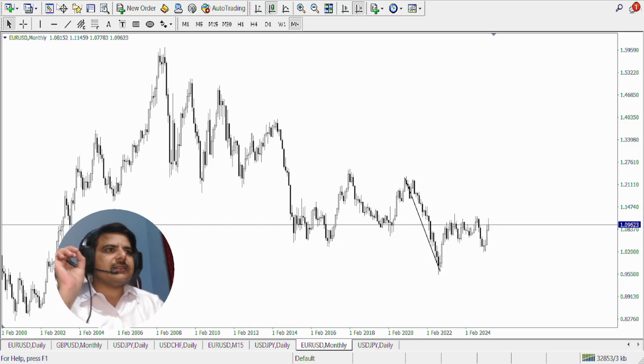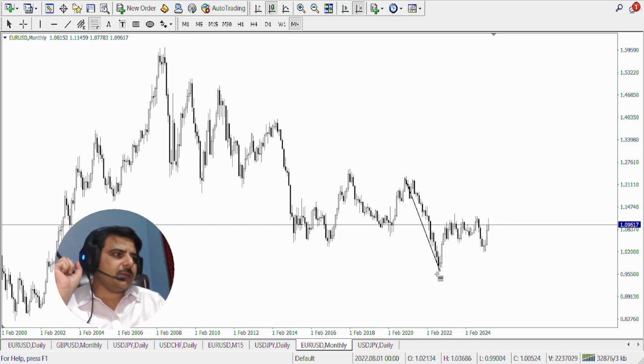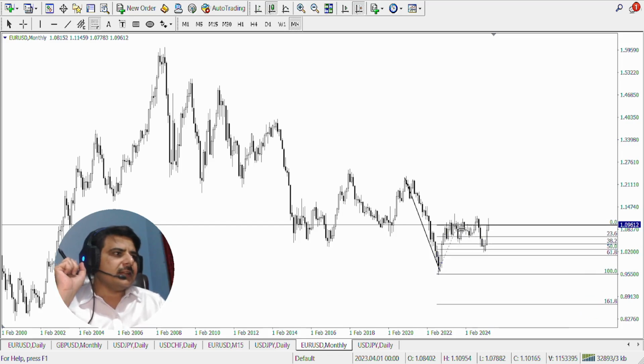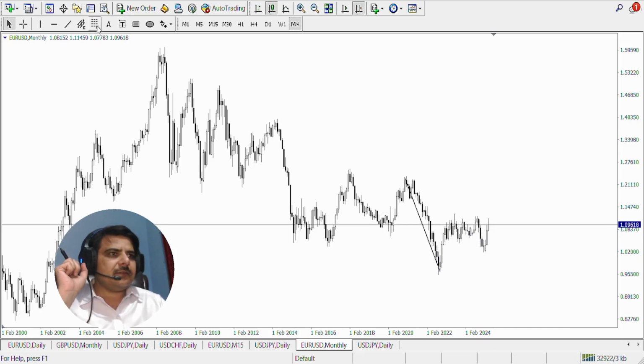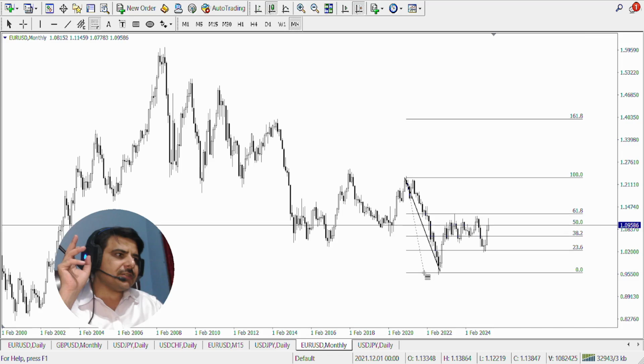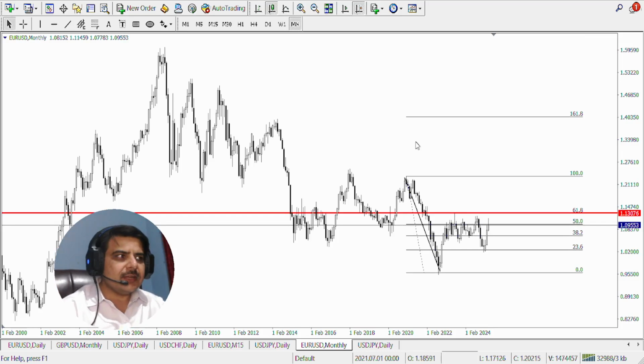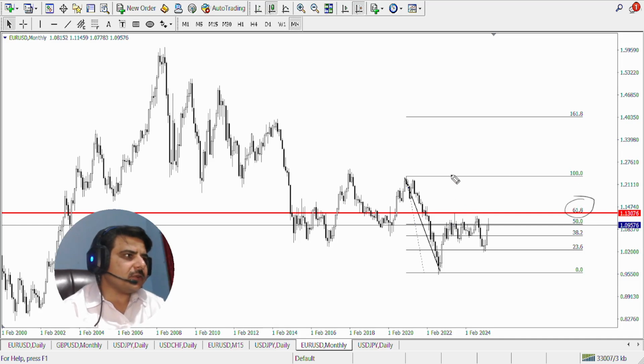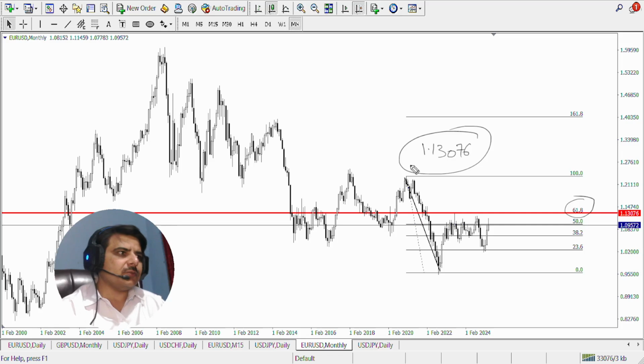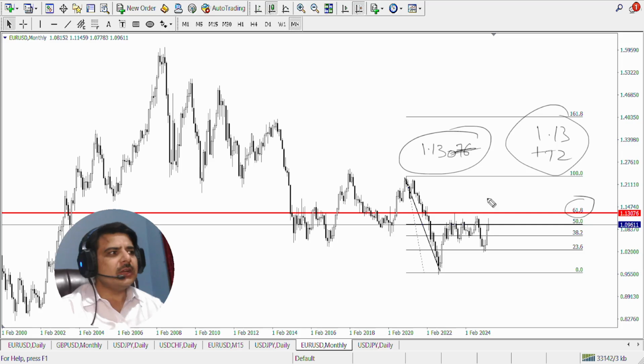Now the main reason that I became bullish on the euro US dollar is that last year I became bearish, right? And that reason was this 61.8% retracement. You see right here, 61.8% retracement at approximately 1.13076, a very good number it was. So if we round it up, it will be 1.13 or 1.12, no big difference, right? So 1.12, because it was a Fibonacci fantastic number.